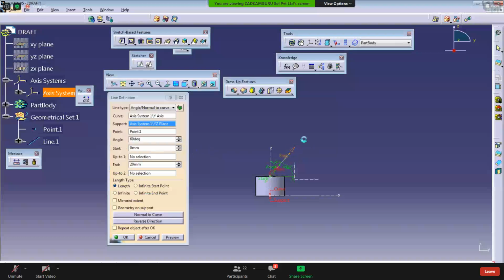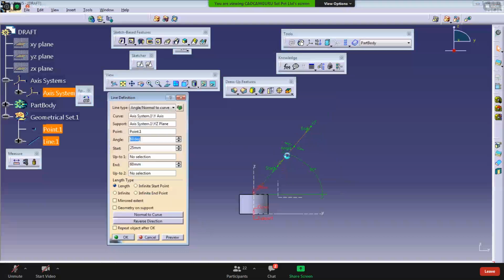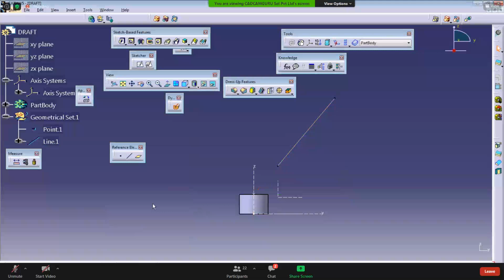And the length of your line, you can just stretch using the drag and drop option. Just drag in this direction. That length is, let's say, 60, and if you want to do an offset from the point location, you can define this value 25. So from this center point to this start point, there is a gap. Now I click OK, and the line gets created. You can again double click and just stretch this out, click OK.